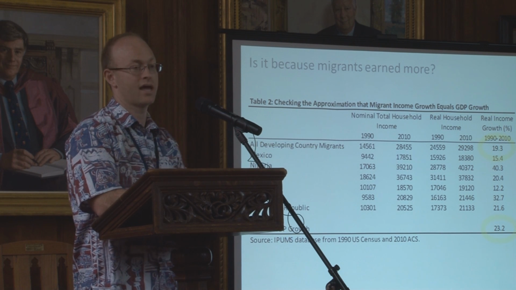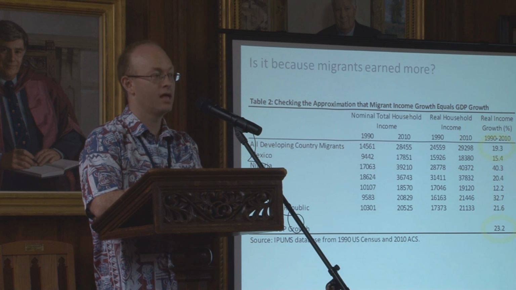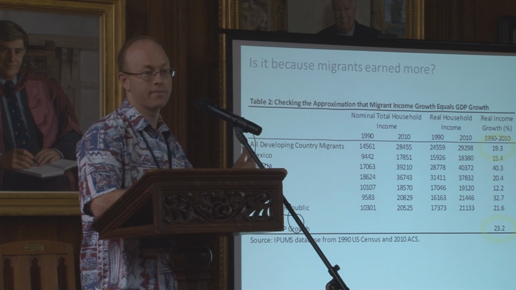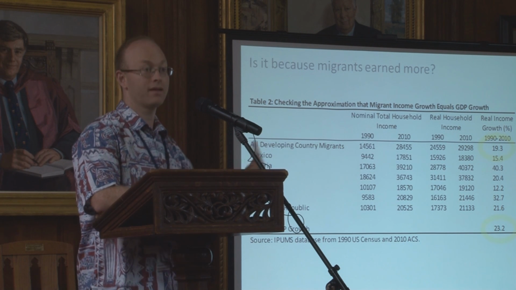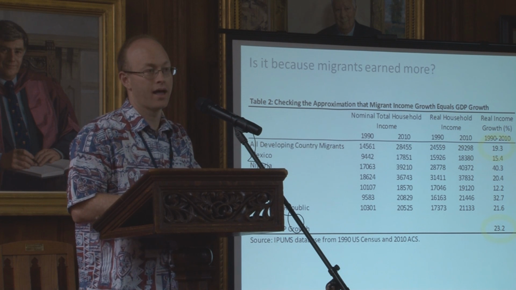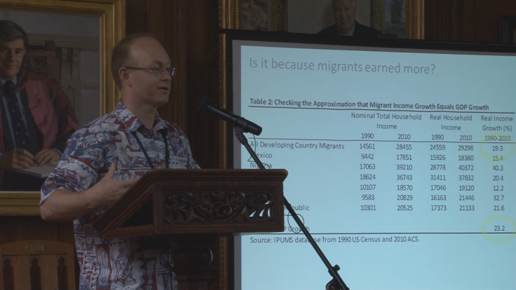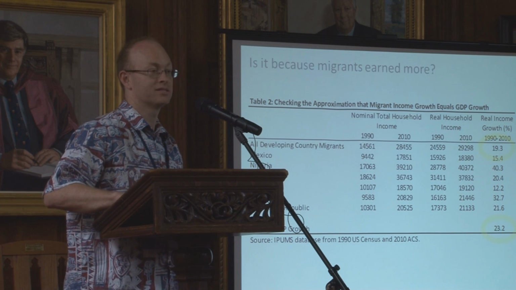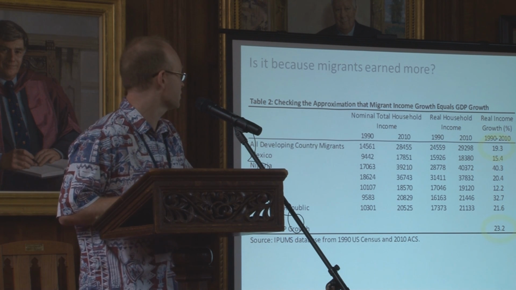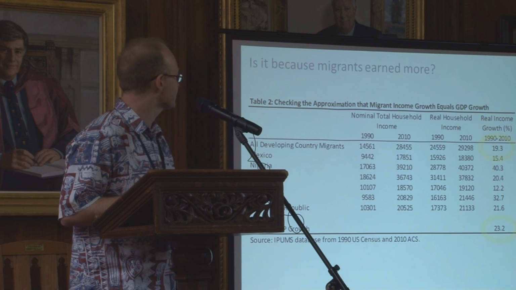There's data from other studies to suggest that maybe it's not so bad for a lot of other countries. And to the extent that migrants are going to countries where they're not really benefiting from the growth, so maybe migrants going to some of the Gulf countries or oil revenue countries, we would expect migrants' incomes to be growing at a slower rate than the income of those countries as a whole, in which case what we're getting is an upper bound. So, taking all this together,